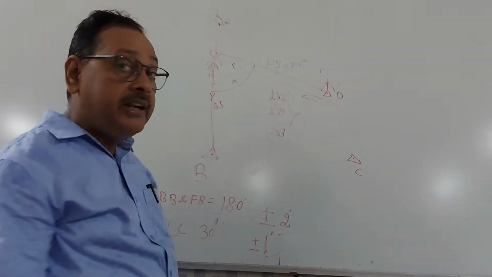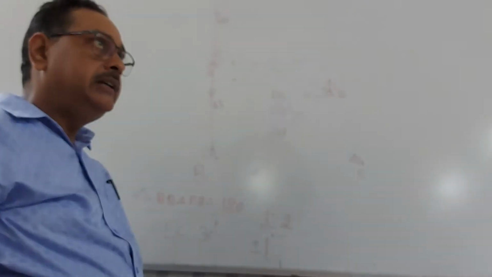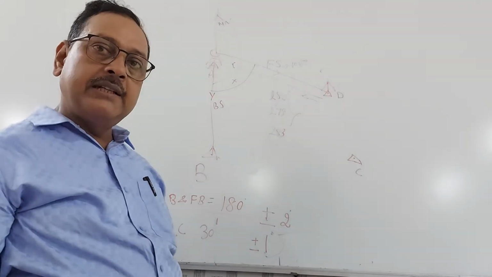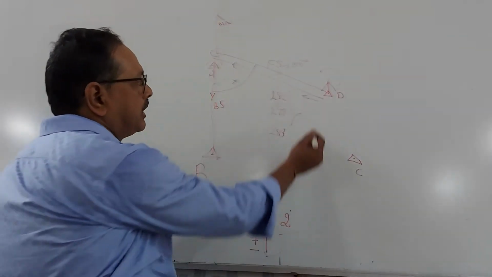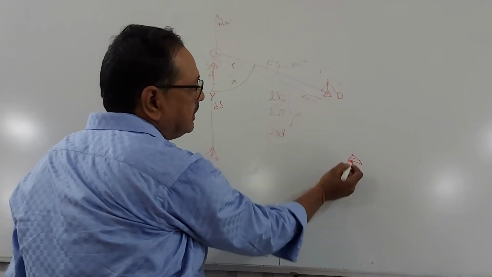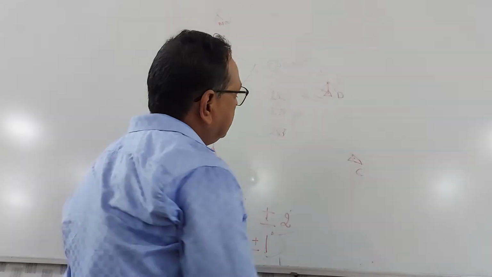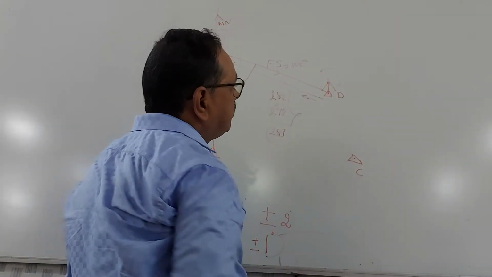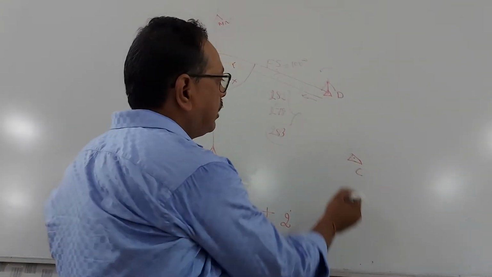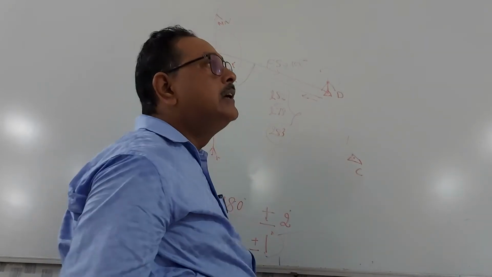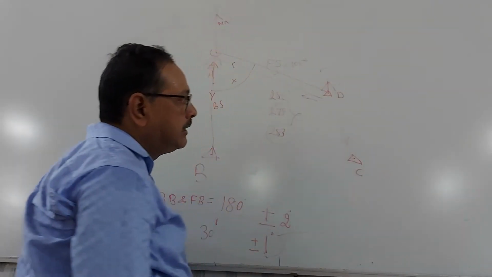If you are getting exactly 180 degrees, it signifies there is no local attraction on that particular station. So again, move to C. If it is okay under the permissible limit, then orient towards D, that will be the forward bearing of this particular line. Note it, get it, right?